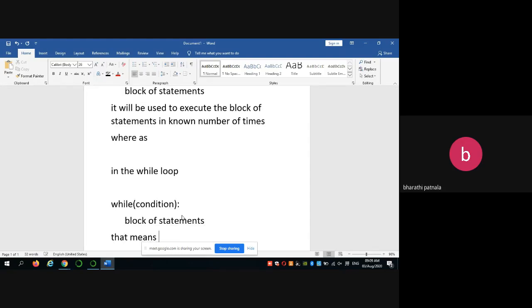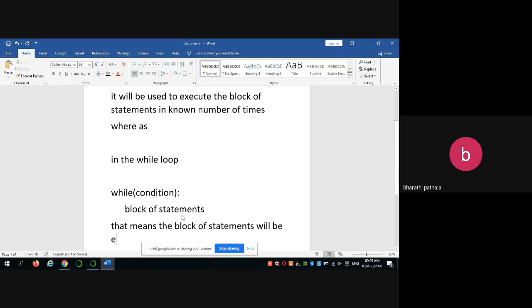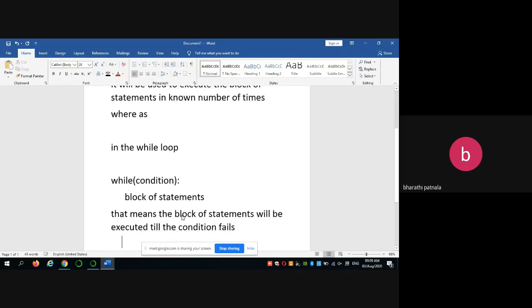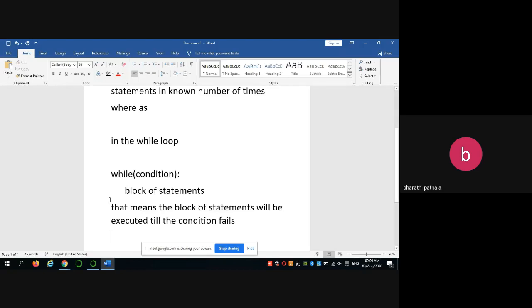That means the block of statements will be executed till the condition fails. So that means in how many number of times this block of statements will be executed, we don't know.